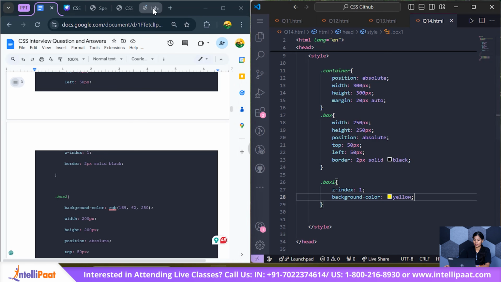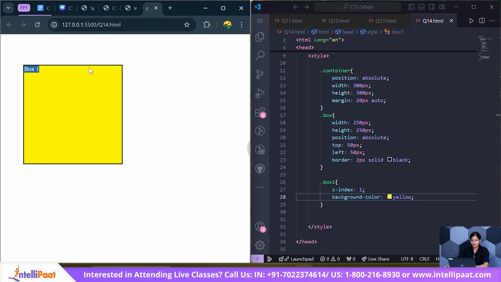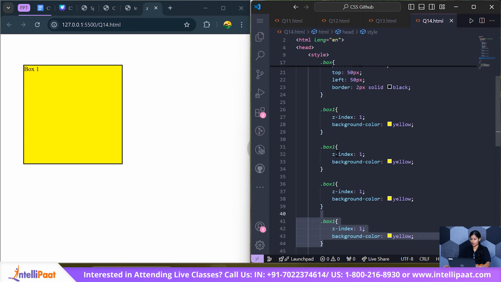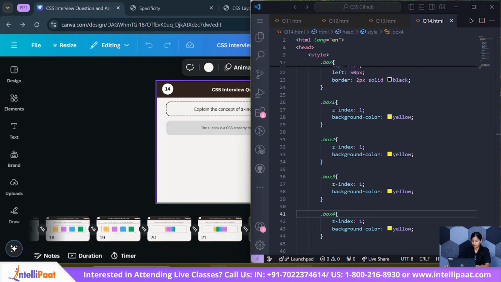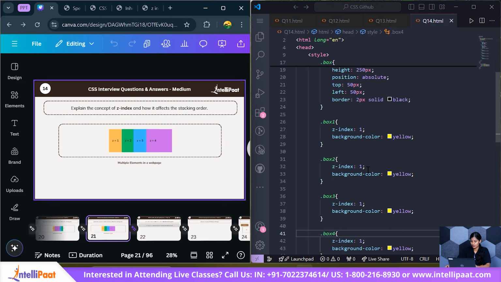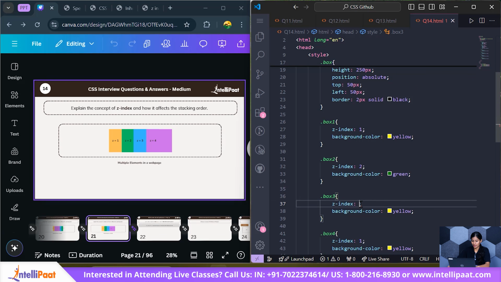Okay, let's see how that's looking. Alright, we haven't started the server. We have our yellow box. We need 3 more. Box 2, box 3, and box 4. So box 2 with z-index 2 is supposed to be, box 3 with z-index 3 is supposed to be not that